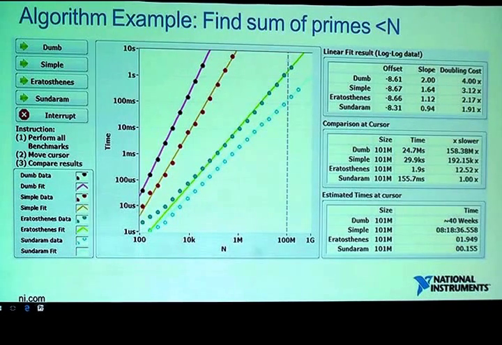it's really fast. And yeah, if you look at that VI later, you run all those, you can move that cursor to anywhere you want, and it tells you what the extrapolated length of time is for that cursor. So I have it at 100 million, and you see the DOM uses 40 weeks, right? And then the simple uses 8 hours, the Eratosthenes uses like 2 seconds, and the Sundaram takes like a tenth of a second. So